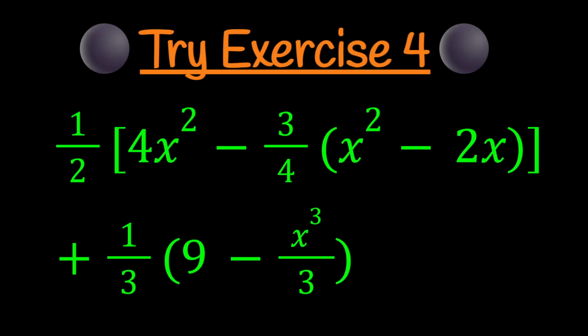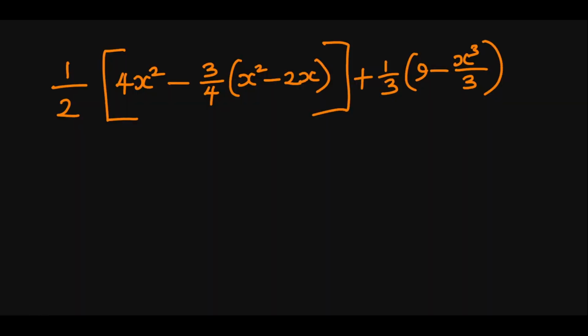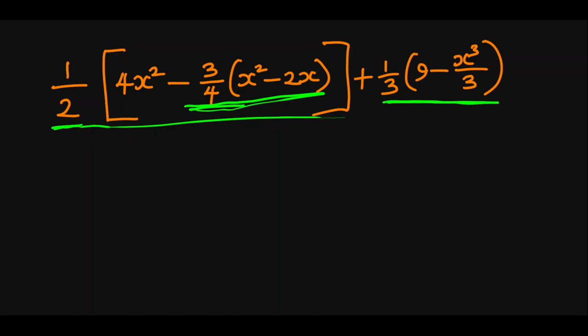Now for this fourth and final and most advanced try exercise, I love it specifically because it combines a lot of things we've learned so far, especially the last lesson on removing brackets. Now if you recognize that this half, or 1 over 2, is multiplying this big bracket here, and inside that big bracket we still have minus 3 over 4 multiplying this, then plus this other bracket that has 1 over 3 outside that is multiplying it. So to solve this, the first thing we'll do is to remove the brackets.